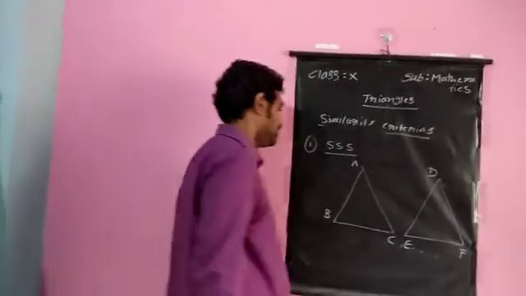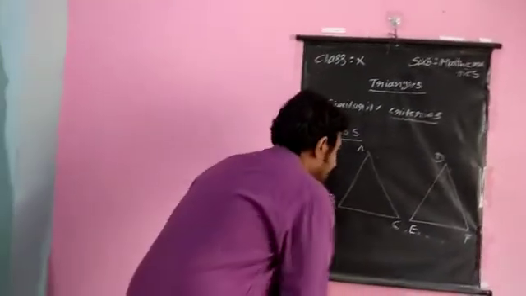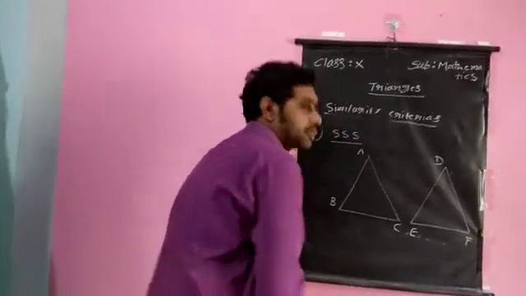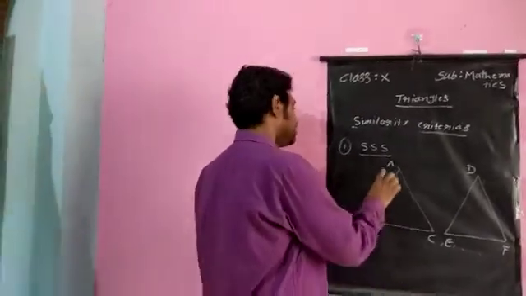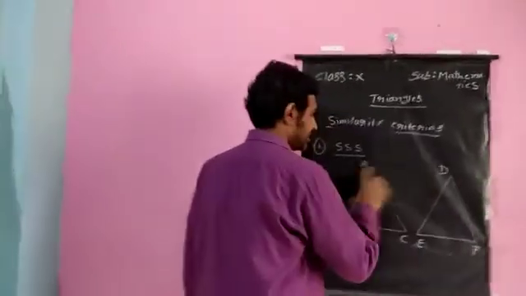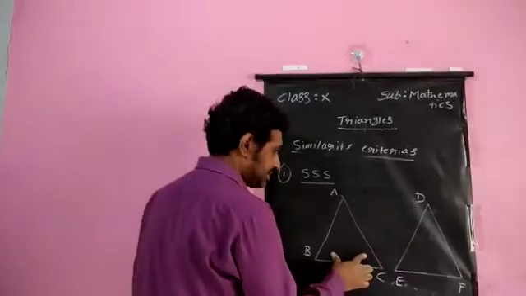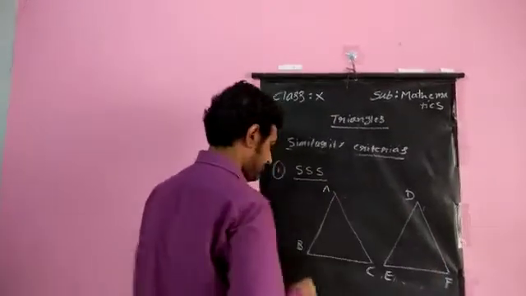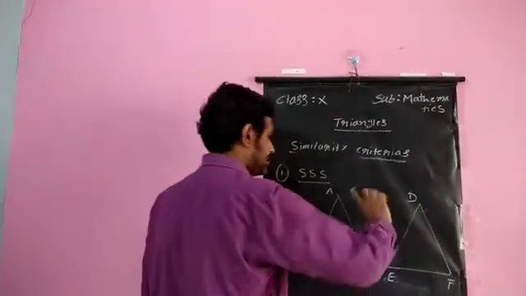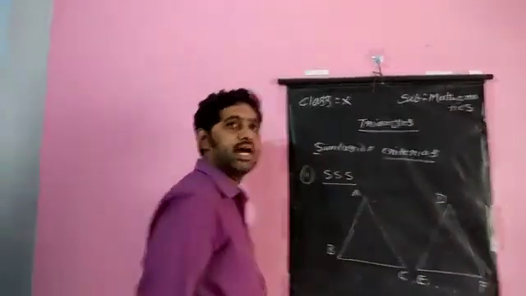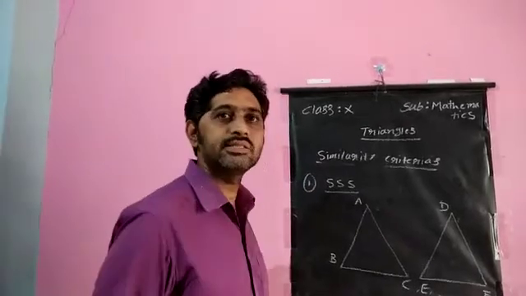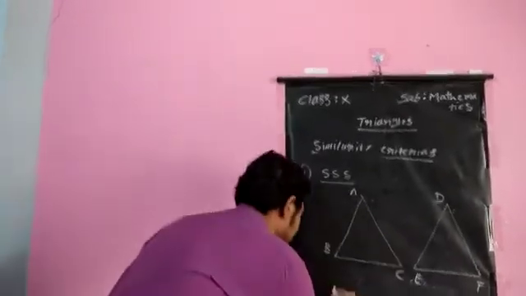Then how it goes, you see. In triangle ABC and triangle DEF, the sides are proportional, the sides are in the same ratio. That means ratio of corresponding sides: AB, corresponding side DE, ratio of these two, BC, corresponding side EF, ratio of these two, and the ratio of the third side also equal. Then we can also say that the two triangles are similar by side similarity.